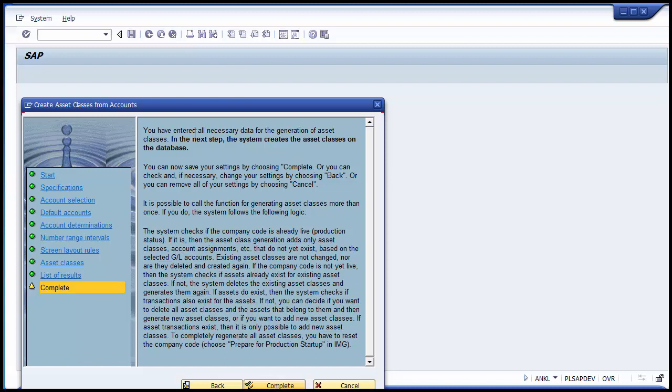So you have entered all the necessary data for generation of asset classes. In the next step, the system creates the asset classes on the database. So now as we click on complete, the system will create all those details which we have just covered in the previous 7 steps. So as we press complete to save the settings, the system will create all these things in the SAP system. So now click on complete,